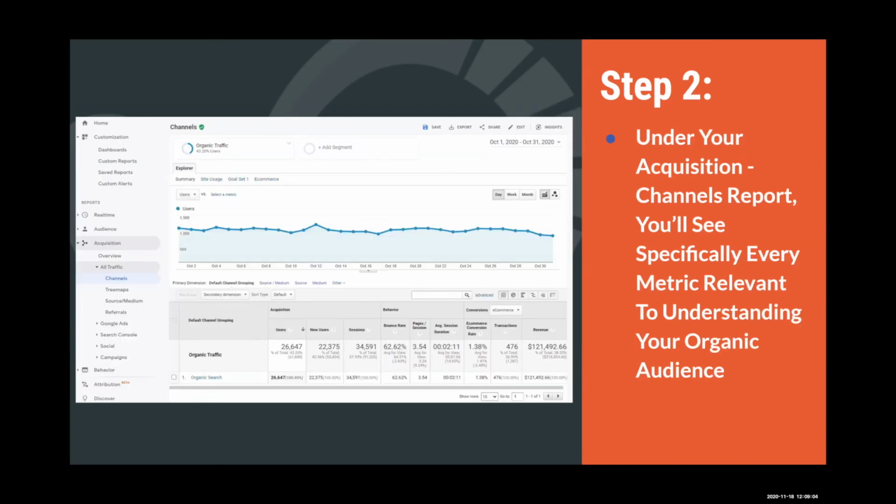And then once you do, you're going to be able to get a really honed in, defined look at all of your organic traffic. And you can see every metric that's relevant to understanding that audience. So you'll be able to see users, how many sessions organic traffic brought, what's the bounce rate of that, how many pages they viewed each visit, how long their visit was, and how many conversions they generated from